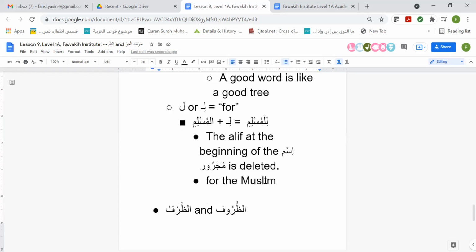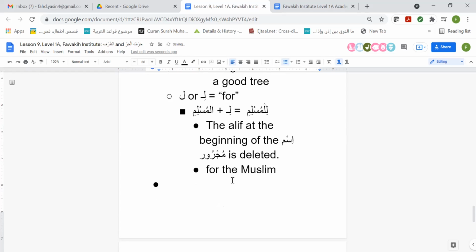Idafa ilayh. Sure, and it's mudaf? Actually, yeah, no worries, I'll quickly put it here. It's actually not idafa, it's called mudaf, but I'll put it here. So the concept is called idafa, which, okay, let me put the harakat. This won't take too long. If you have any questions afterward, you're welcome to talk with me if you're still confused, but I'll give you a quick understanding of this.